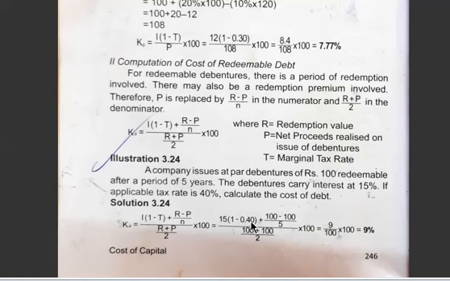If you do, you will get 0.60. So 15 into 0.60 plus. Then if you deduct this 2, you will get 0. 0 divided by 5 is nothing but 0. Okay, so 15 into 0.60 it is 9, divided by 100 plus 100, 200, 200 divided by 2 you will get 100. So 9 divided by 100 into 100, 9%.